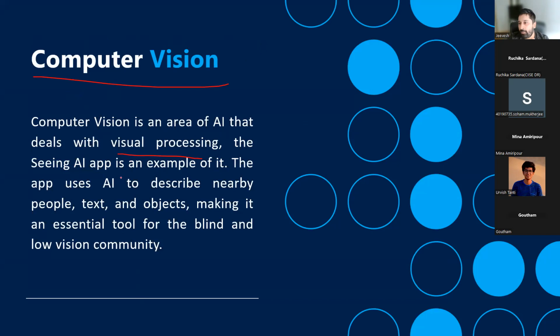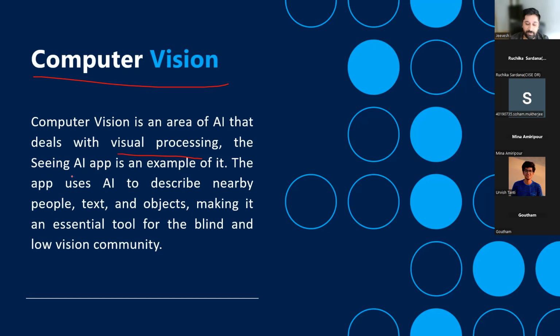Now, this is a very popular app for people who are visually impaired. Seeing AI is a Microsoft application which will literally speak out anything and everything it sees. For example, if I install the app on my phone and I just move around with it, it will tell me you have a laptop in front of you, you have a camera in front of you, you have a light in front of you. I see, let's say, someone in front of you.